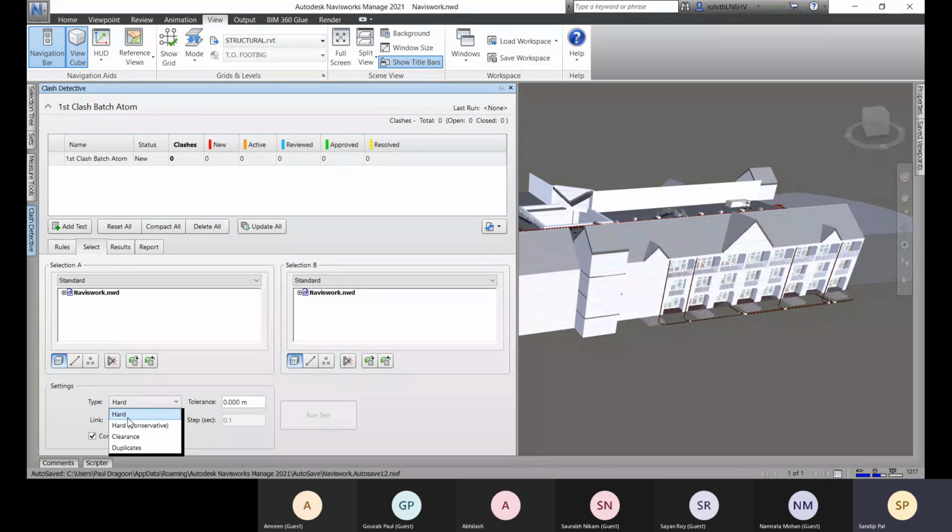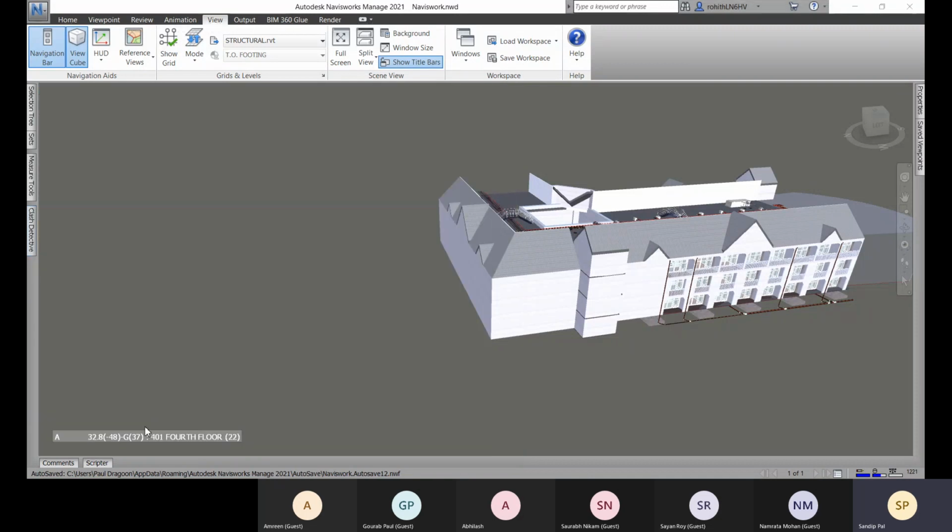This is for your solid geometric clashes. And hard conservative is for when the geometric triangles are not clashing with each other, but the two objects are treated as intersecting. The geometric triangles are not intersecting, but they are treated as intersecting.